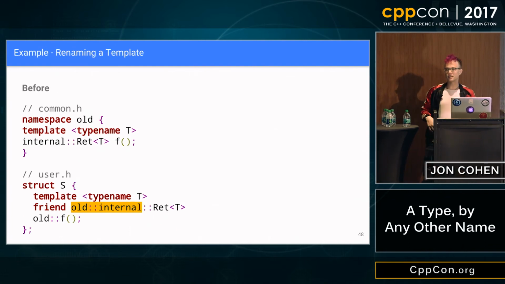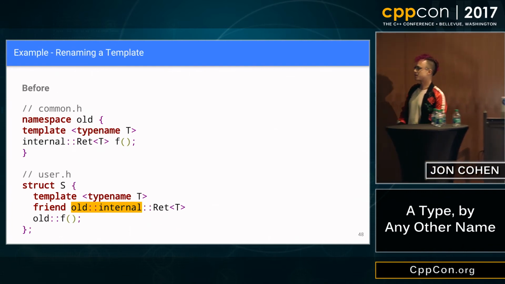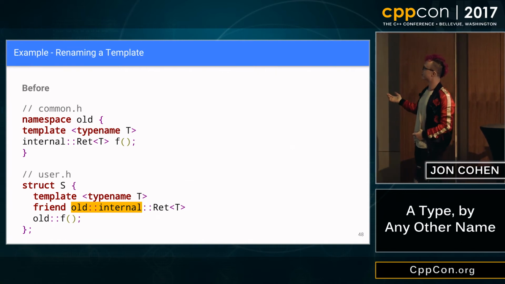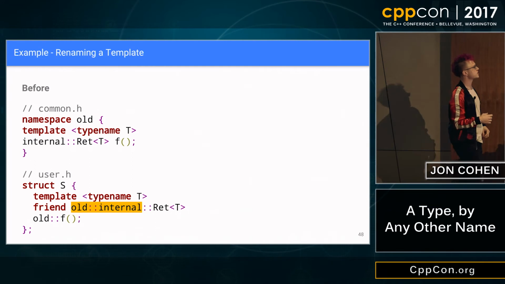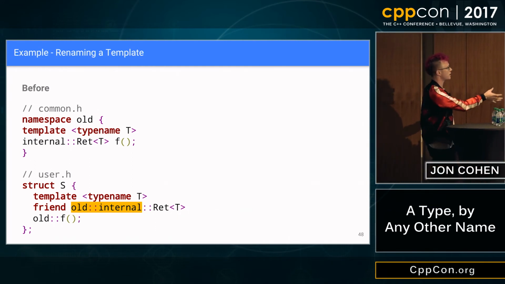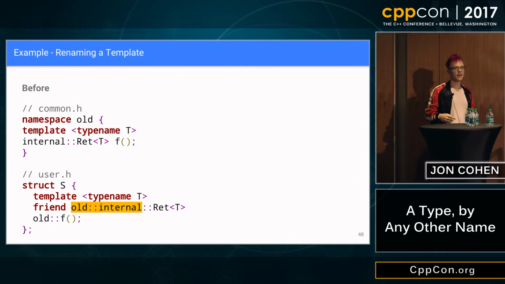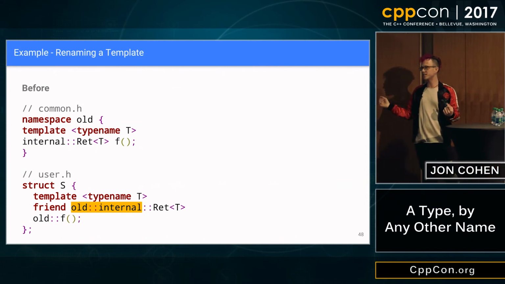So here's a rename of a template. I'm cheating, this is actually a function. You could imagine this happening with a type too, but this is something that happened to Abseil. If you replace f with make_unique, this was a situation where a user had a struct or class, and their constructors were private, but they wanted to use make_unique.